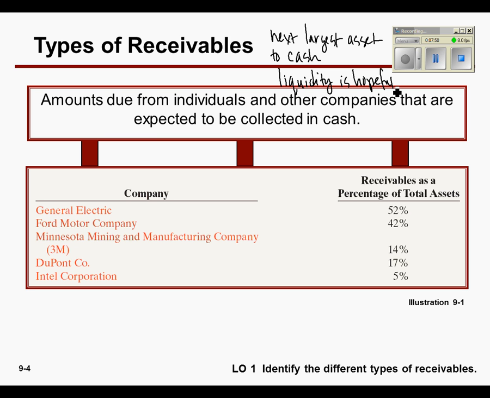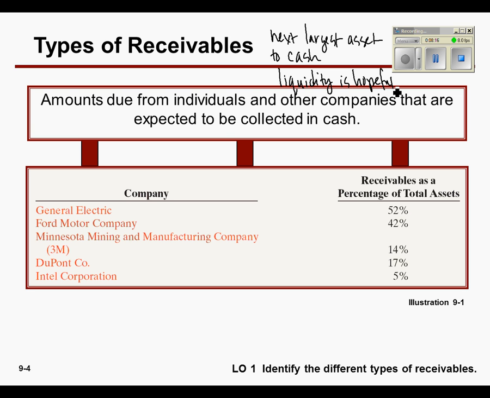It means that 52% of the assets that GE owns are not in-house. They're floating out there. Customers owe them their money. Ford Motor Company, 42% of their assets are owed. They own the right to getting them, but they're not there. So I think these are pretty big